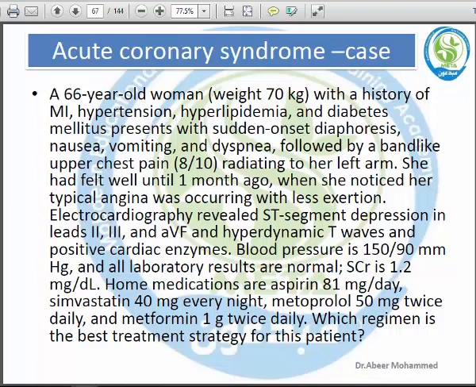Serum creatinine is 1.2. Home medications are aspirin 81 mg per day, simvastatin 40 mg every night, metoprolol 50 mg twice daily, and metformin 1 gram twice daily. Which regimen is the best treatment strategy for this patient? Okay. العيانة دي non-ST segment elevation, serum creatinine بتاعها normal, troponin positive, she is not عمرها ما أكتر من 75